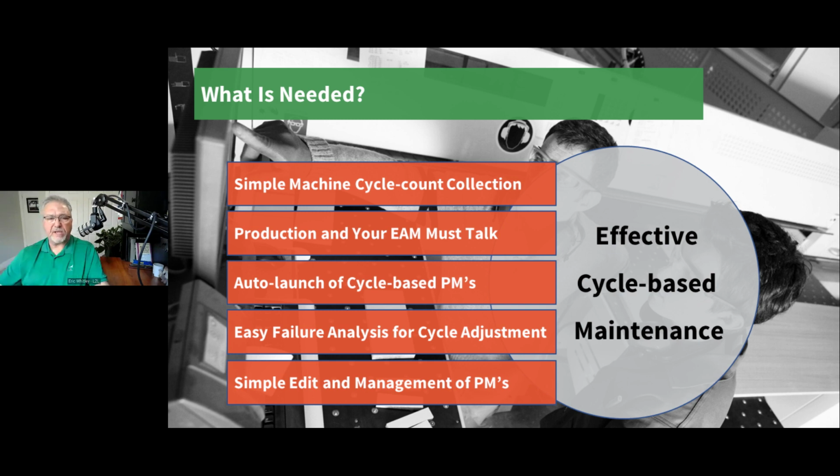So what's needed? What do we need to do? Here are some of those barriers that I'm talking about. The first thing we have to be able to do in order to launch PMs on cycle-based is collect the cycle count. We have to know what the cycles are on the pieces of equipment. In the past, when organizations have tried to do that, they usually have some type of process. Maybe it's even a PM itself, or maybe it's some type of reporting process where we're taking those cycle numbers